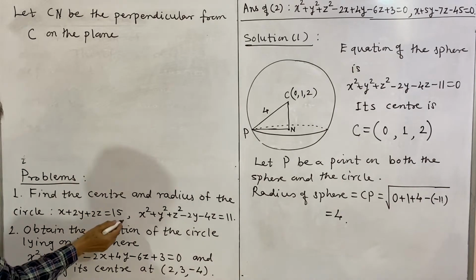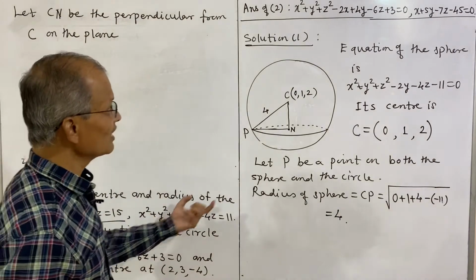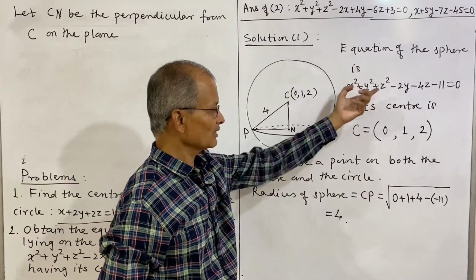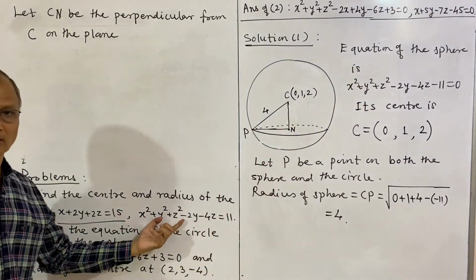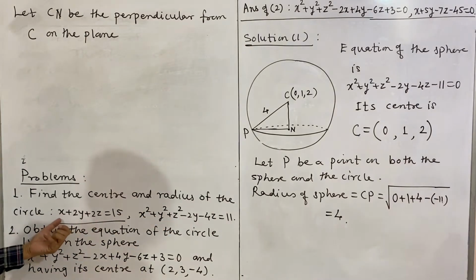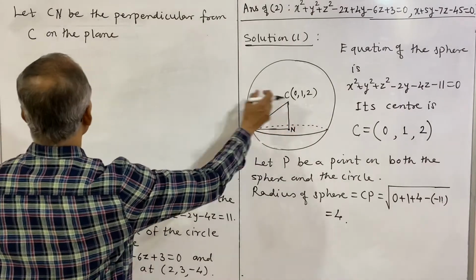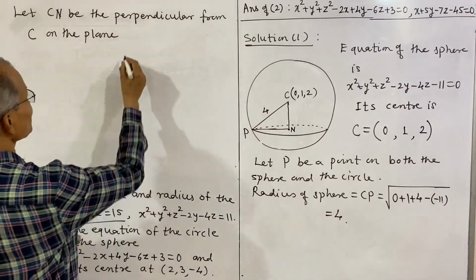The plane is this one, and that we now write here. First we have written the sphere, and then we obtain the center and radius of the sphere. Now we are considering the plane. So plane and sphere together represent a circle. So Cn is the perpendicular from center C on the plane. The plane is x plus 2y